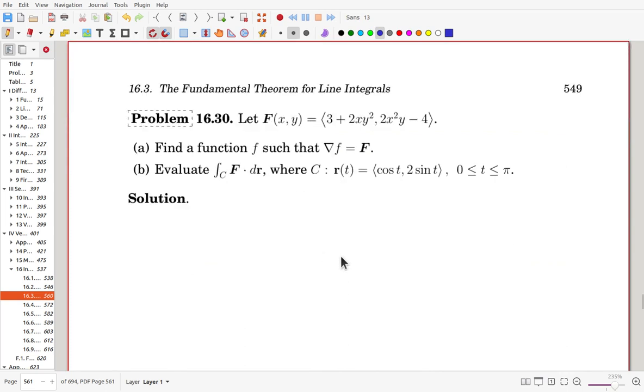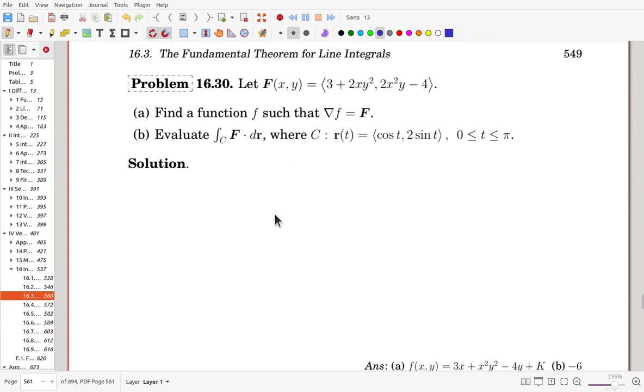Okay, let's try to solve a couple of problems. The vector field is given in this way. Now find a function f such that the gradient of f is the vector field F. That means the given vector field is a conservative vector field. Let's try to find